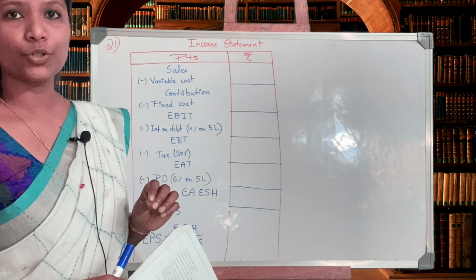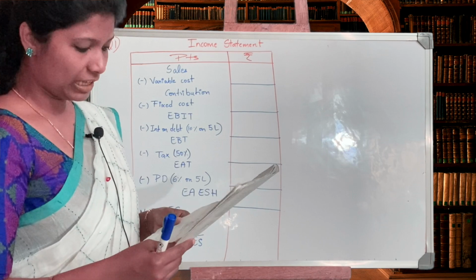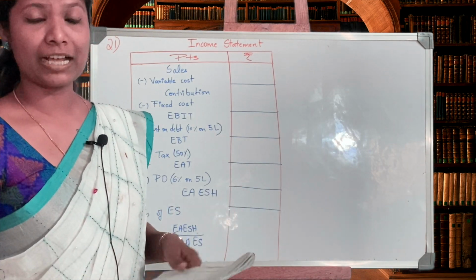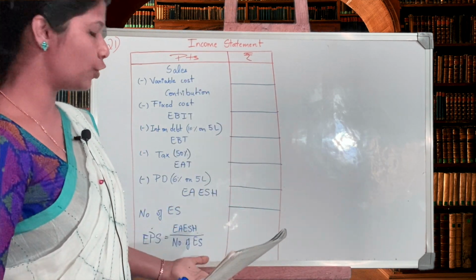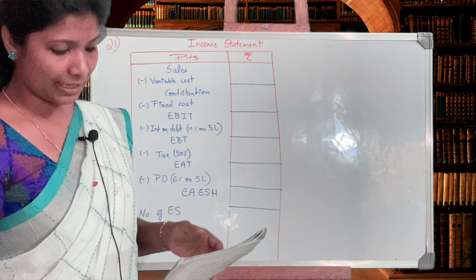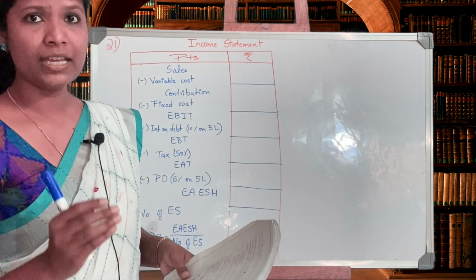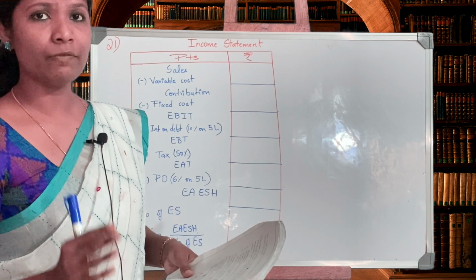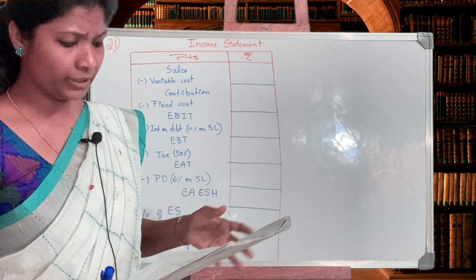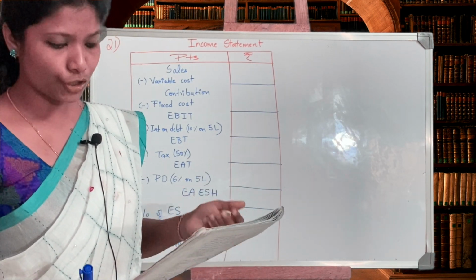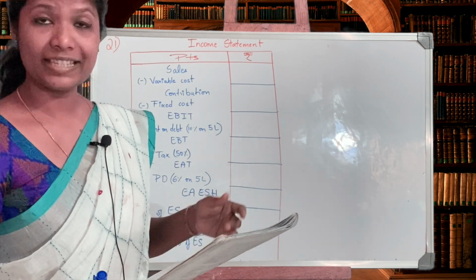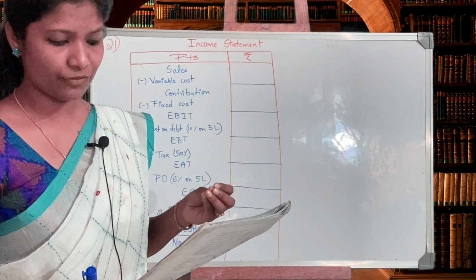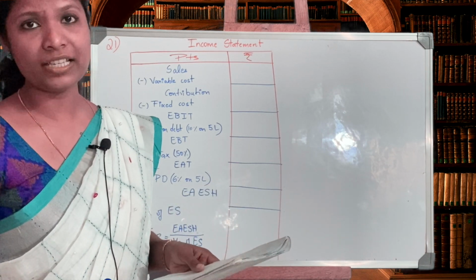Okay, so moving on to question number 21. They've given us the entire income statement, starting from sales and ending towards the EPS. So it's a complete income statement, there are no plans in it, just a basic income statement for one single company. All the details are given: equity, debenture, preference, the sales value, variable costs, fixed costs, and even the tax rate is given.